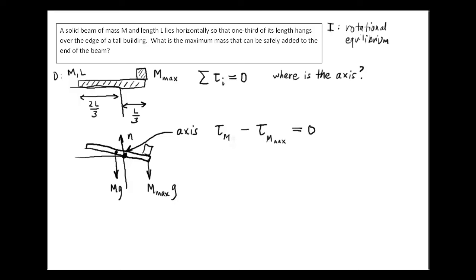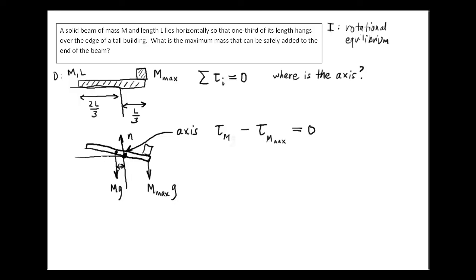Now what's the torque of the mass of the beam itself? Well, again, I've exaggerated this rotation, and so really the distance that I want is this perpendicular distance right here, which is between the center of mass of the beam and the edge of the building. And a little bit of simple